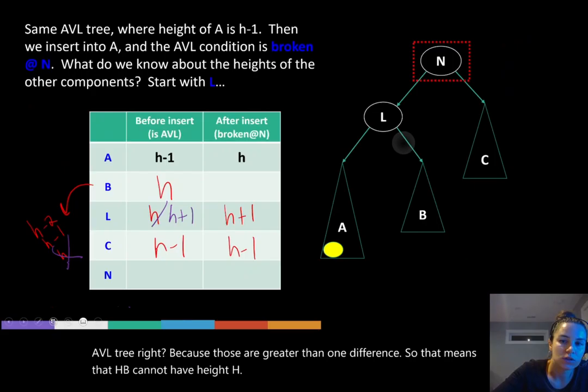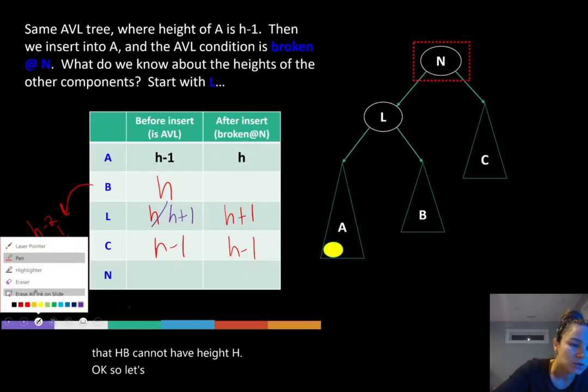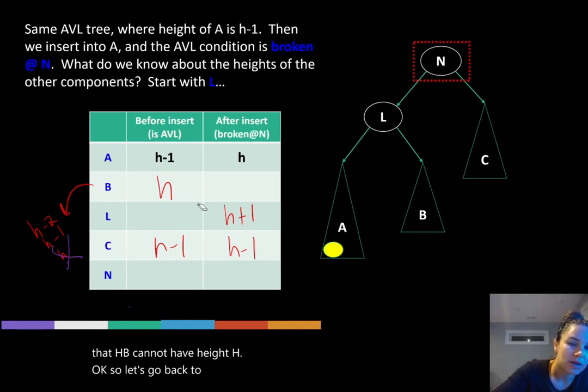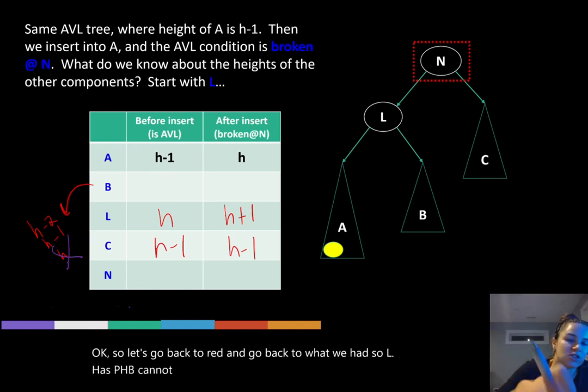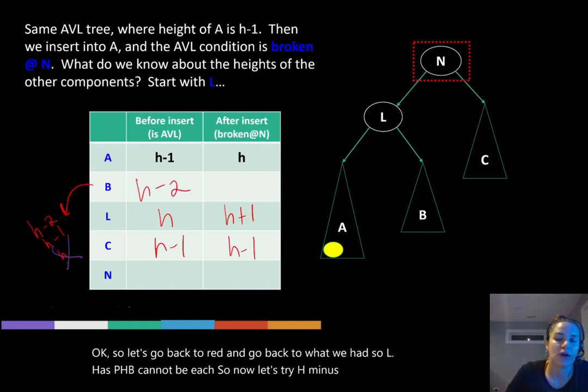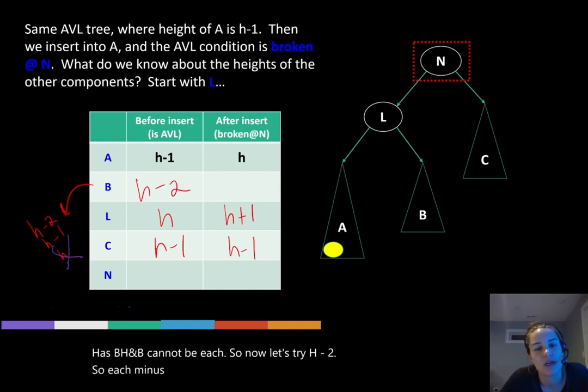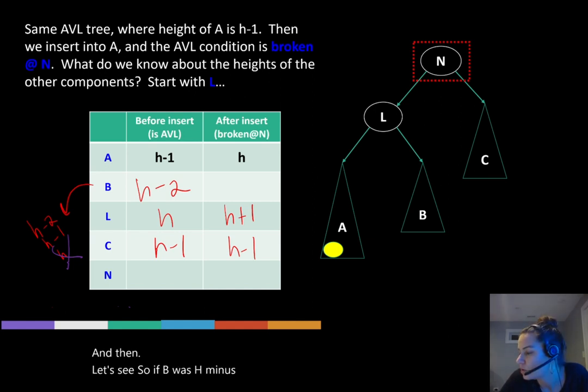Okay, so let's go back to red and go back to what we had. So L has to be h, and B cannot be h. So now let's try h minus 2. So h minus 2 would mean that B is h minus 2, and then let's see, so if B was h minus 2, then